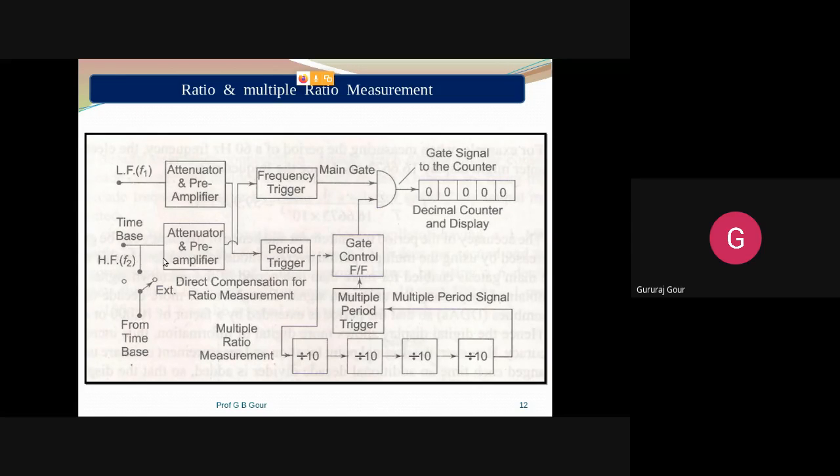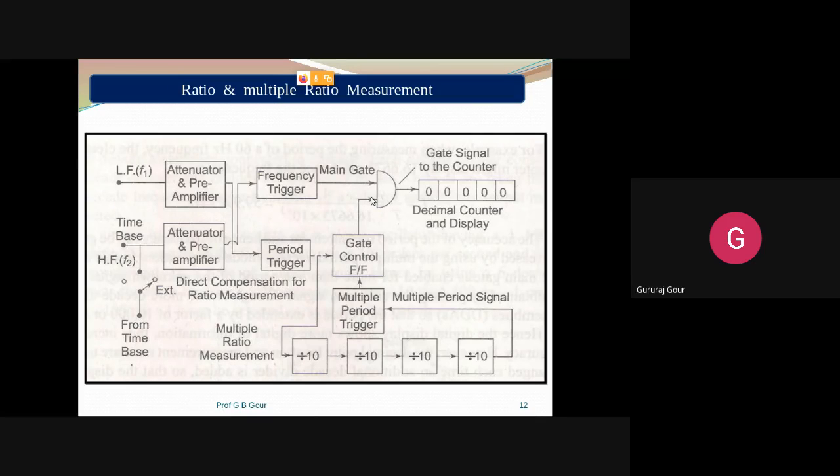So this high frequency signal F2 goes to the frequency trigger, meaning the Schmitt trigger, and acts like a gate pulse. Whereas the low frequency signal, again through some delay, is coming here, the MPM technique we are adopting. Through some delay it comes here as another gate signal. Means F2 is coming here at the top and F1, the low frequency, is coming at the bottom, the second input.